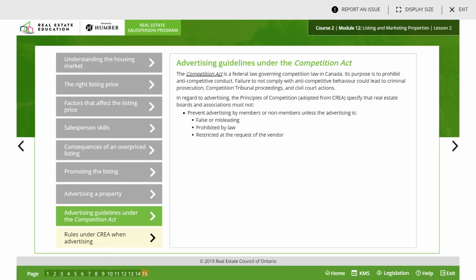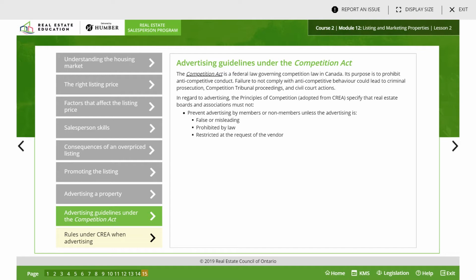Advertising guidelines under the Competition Act. The Competition Act is a federal law governing competition law in Canada. Its purpose is to prohibit anti-competitive conduct. Failure to comply could lead to criminal prosecution, Competition Tribunal proceedings, and civil court actions. In regard to advertising, the principle of competition adopted from CREA